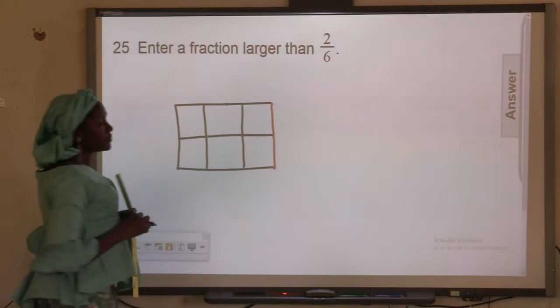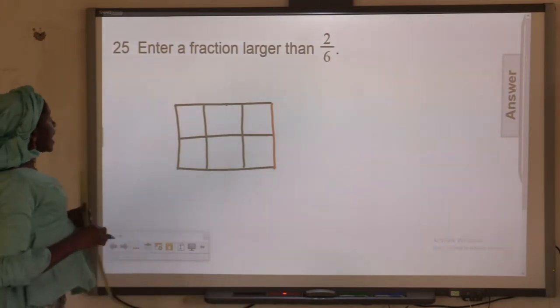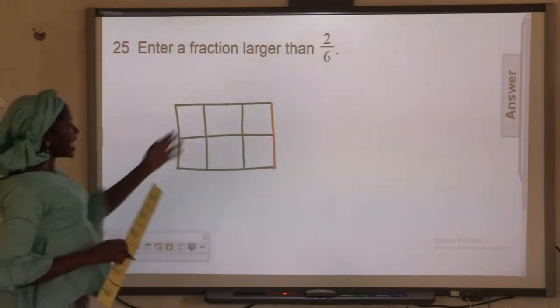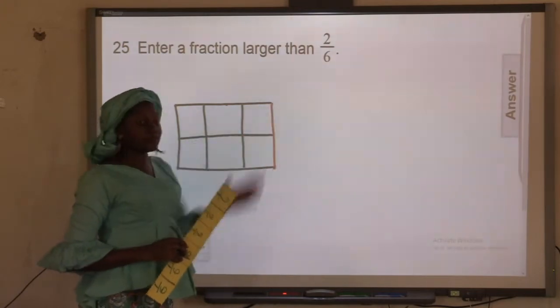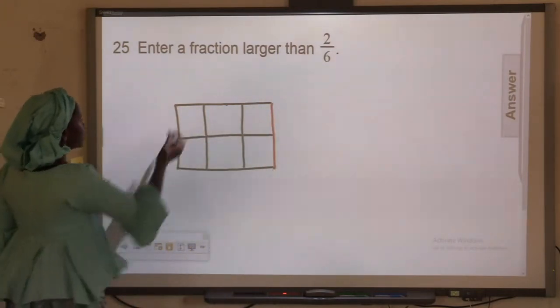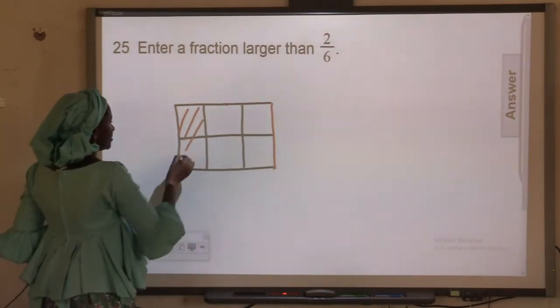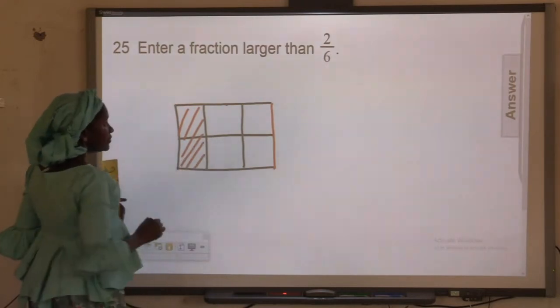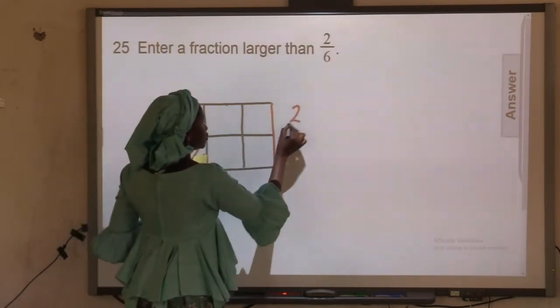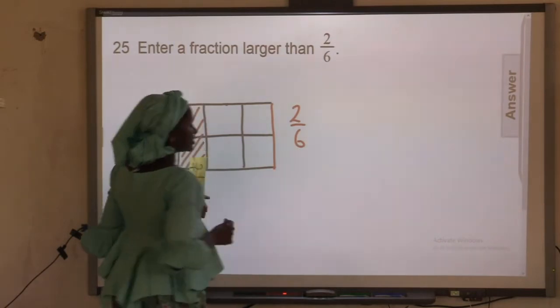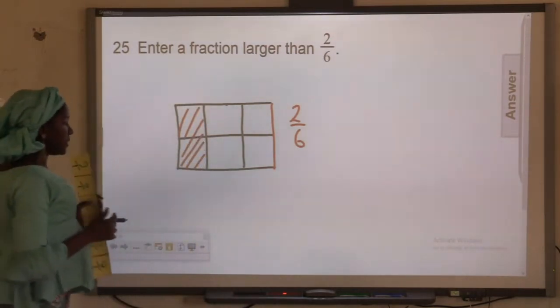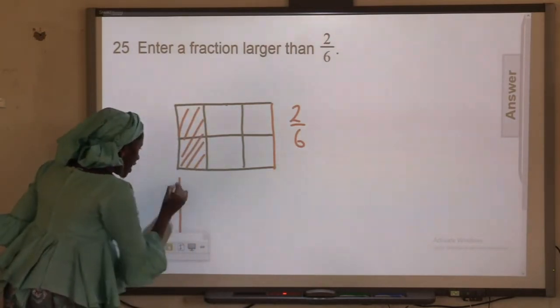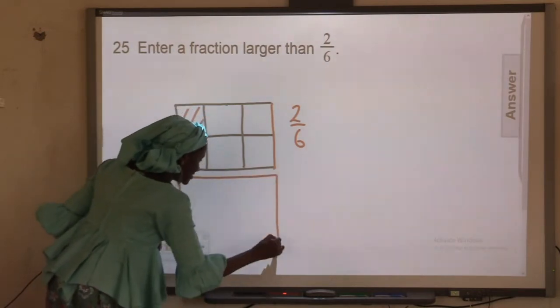We are looking for a fraction larger than 2/6. And if I take this portion here, it represents what? 2/6. But remember, if I draw another diagram representing this,